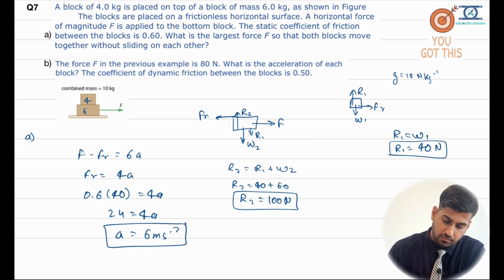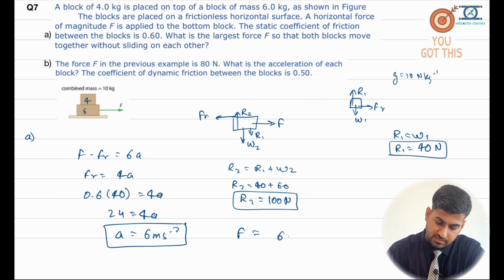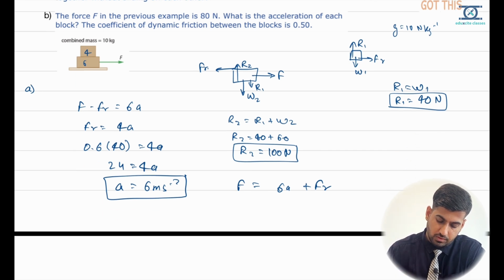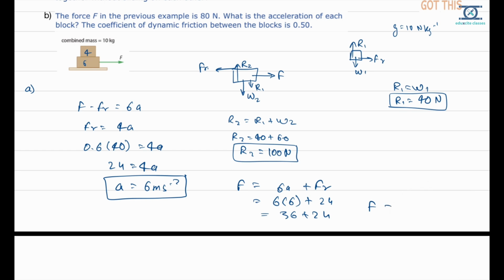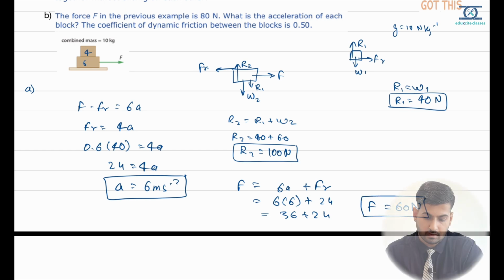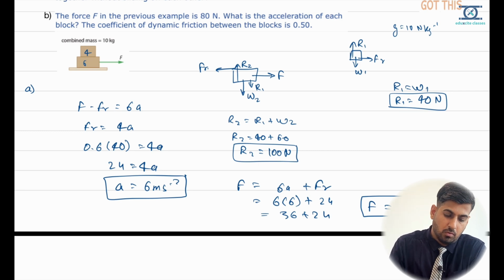So largest force will be equals to 6A plus friction, right? And friction is 24. Or you can say 6 times 6 plus 24, 36 plus 24 is equals to 60 Newton. So the largest force will be 60 Newton. So this will be the answer for your option A. Now option B,